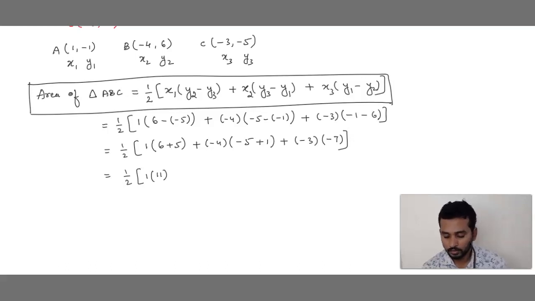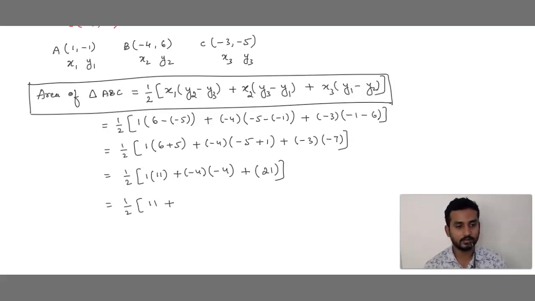Okay. Then plus, let it be as it is, minus 4 into minus 5 plus 1 minus 4. Then plus into minus plus 7 3s are 21. Close the bracket, main bracket. Again 1 by 2 into 1 into 11 is 11. Next minus into minus plus. See, plus into minus is minus, minus into minus is plus. First I have written plus as it is, minus into minus plus, 4 4s are 16 plus 21.